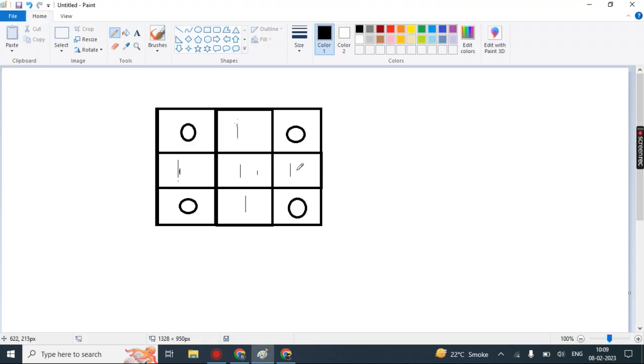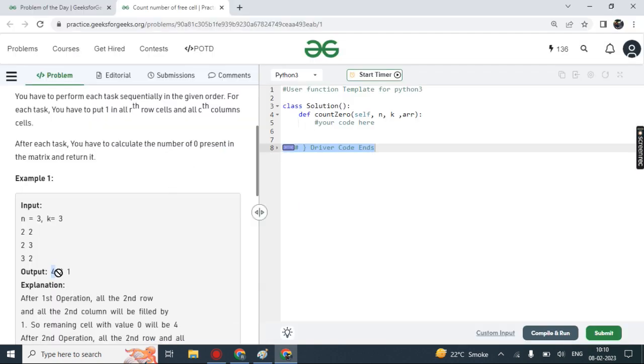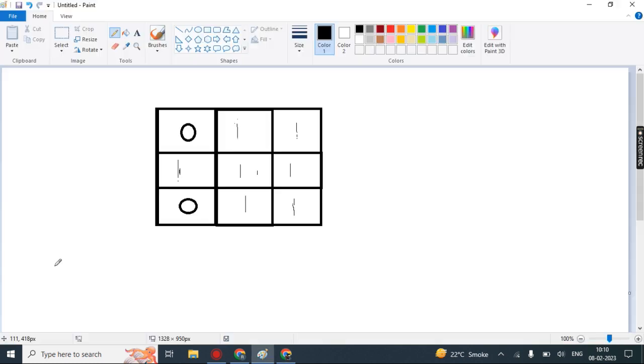Second row is already 1 and we need to make the third column 1. So if we are making the third column 1, this is the third column and it's 1 now, so we can say now 2 zeros are there. Yeah, output is the same, 2 zeros are there.